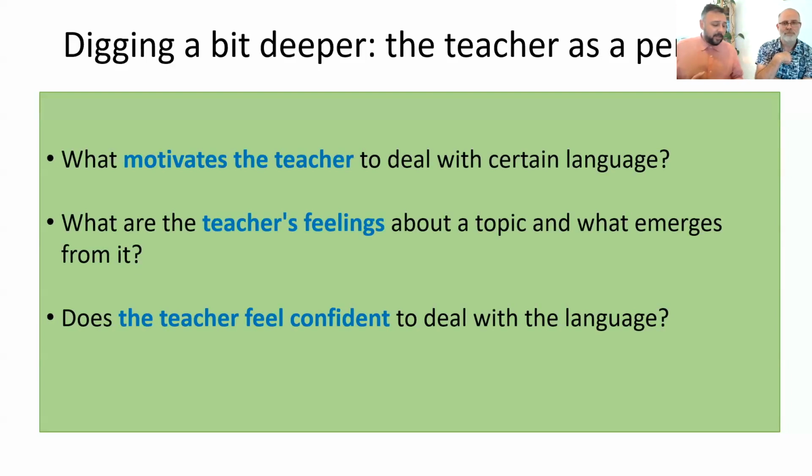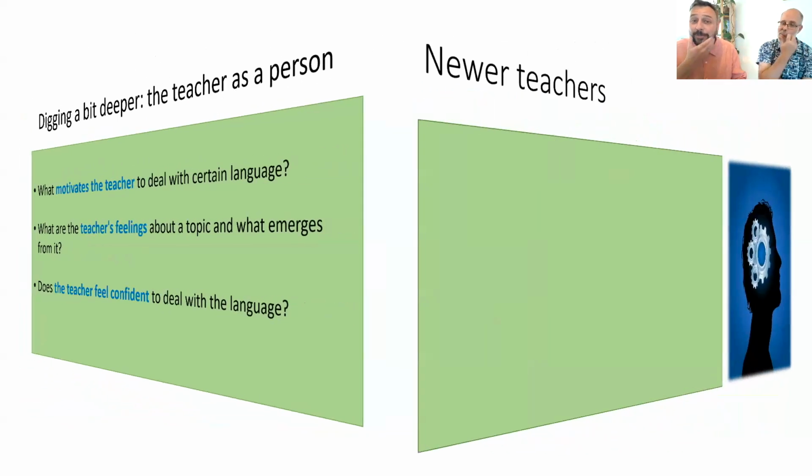An example of this is, we had a nice example. One guy, a newer teacher, sport had come up in class, and he said, well, I don't know anything about it. And I felt really uncomfortable talking about it. So, if it's music, I feel like I'm much more useful in this situation. I've got more language I can support the learners with. So I think it was a really interesting conversation to have, because lots of these hidden worries or fears or inadequacies we might be experiencing as teachers, and when we're forming our identity as teachers, certainly when we're newer teachers, I think this is an interesting thing to emerge.